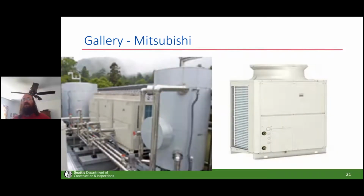So this is a new unit by Mitsubishi. It's called the QAHV. That's going back to the diagram that we showed a minute ago. First of all, they're available in August of this year. But these things are much larger than Sandons. They have 136 MBH worth of capacity as compared to that 15 that I mentioned. They maintain that 100% capacity down to about 36 degrees, but still will continue functioning down to negative 13. This going back to CO2 as a refrigerant, it's a lot more robust and can handle those lower outdoor air